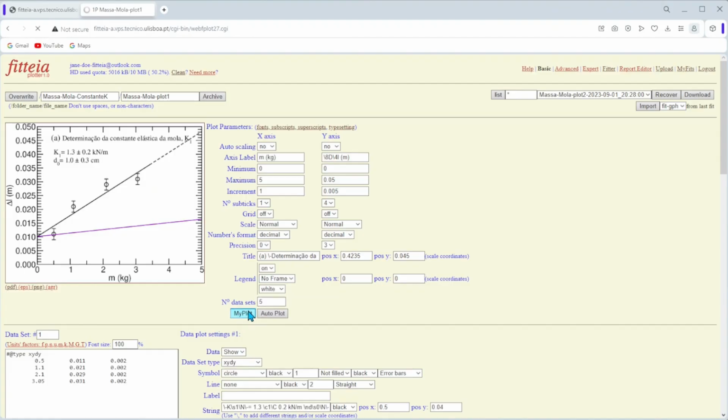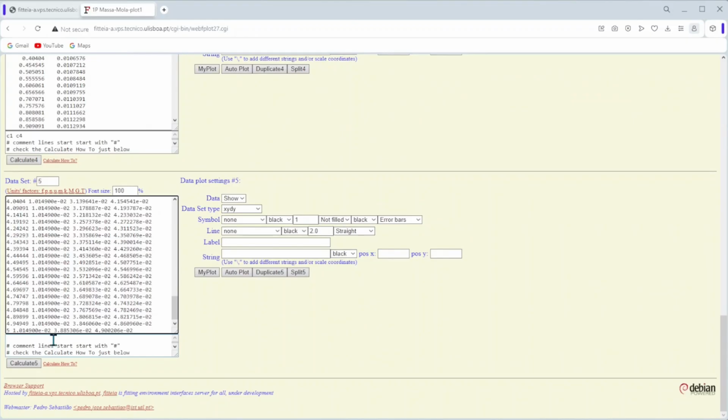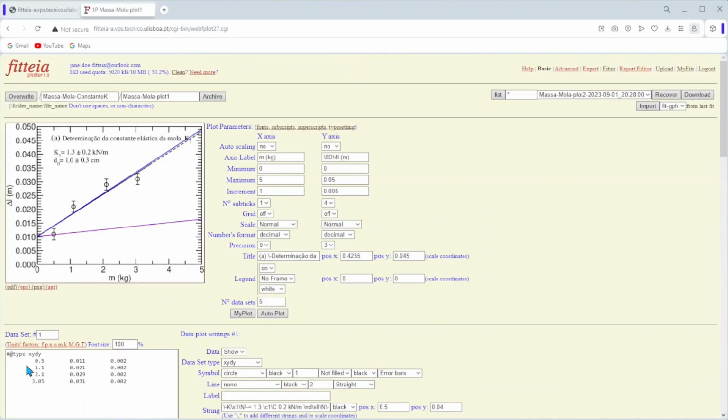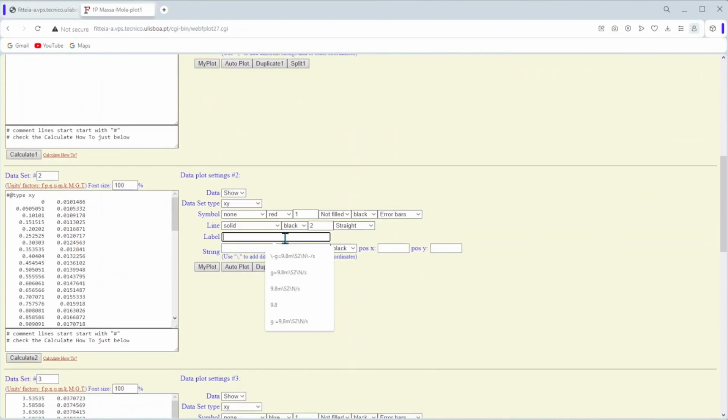So this one will be G is equal to 9.8, and the dataset corresponding only to the dash part of the previous. Here we have G is equal to 1.62 and here G is equal to 10. Let's place the legend at 3.2 or 0.03, and if we click my plot,